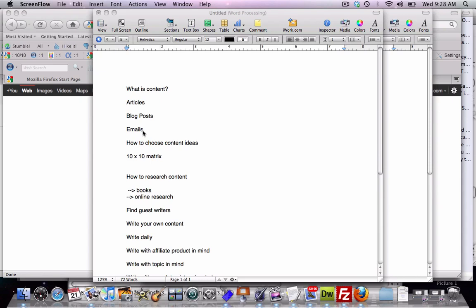If we can find a way to multi-purpose everything that we do so that you end up with more than just a bunch of emails going out that are making you money, what if you could also write articles and blog posts and write a book all at the same time? And so what I'm going to do is show you a method of being able to do all of that. Okay? And the way that I do it with my clients is I have them do what's